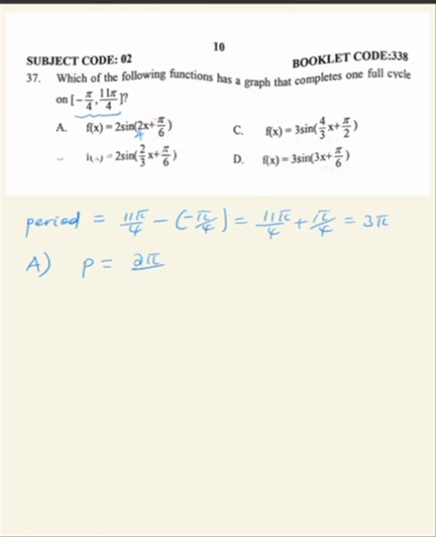is 2π over this number, the coefficient of x, 2π/2, which is π. The function in a has period π, so it cannot be the answer. Going to b, let's go to the function in b. The period of the function in b is 2π over this number, the coefficient of x, 2/3, the result is 3π. So the function in b has period 3π, we have checked. If you go to c, the period of the function in c is 2π over a number 4/3, the result is 6π/4 or